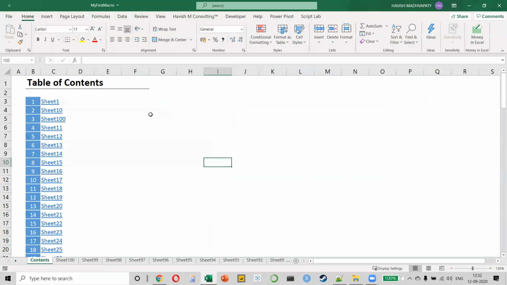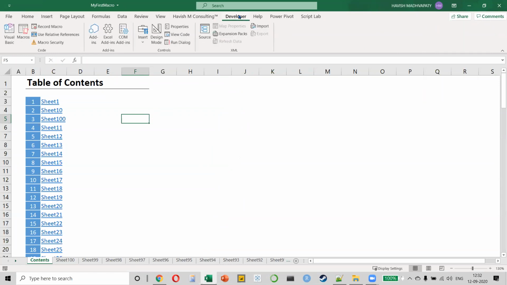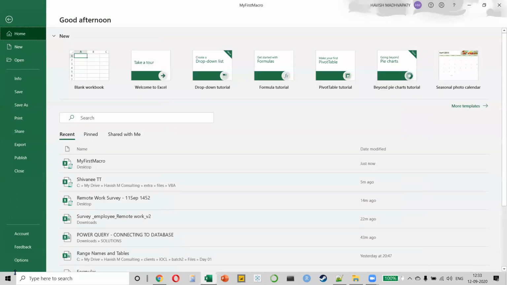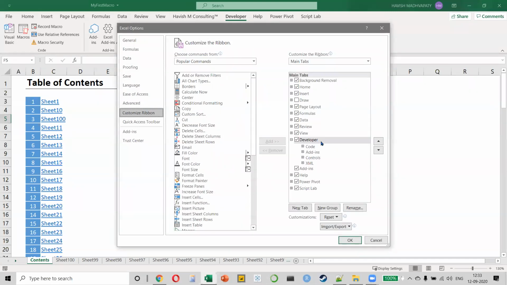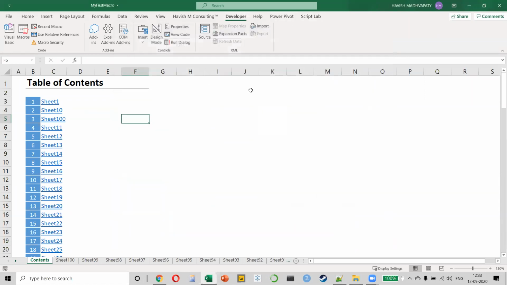That's step number one. Is a macro workbook different from a normal Excel file? Not at all. Everything that can happen in a normal Excel file will happen in a macro-enabled workbook as well. But in this, you can also run macros. For this, we need the Developer tab. And how do you get this? We go to File, then Options, and then in Customize Ribbon, we make sure to enable the Developer tab. Why is it called the Developer tab? Because only developers will use macros. A normal Excel user will never be working with macros.